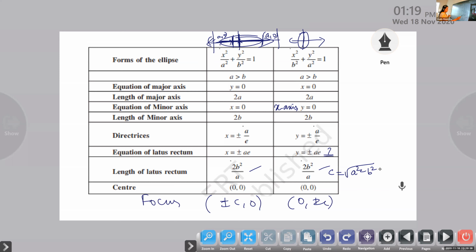Actually, we will not be using this equation of latus rectum. Earlier, we had more things about ellipse, about parabola and all. Now we are just learning what is focus, what is ellipse, only the simple things. Earlier, this chapter, conic sections, was a big chapter, with equation of tangent, equation of normal and so on. Now that is deleted and only this small part we are learning. Once the equation is given, we have to identify the major axis, the length of the minor axis and all.